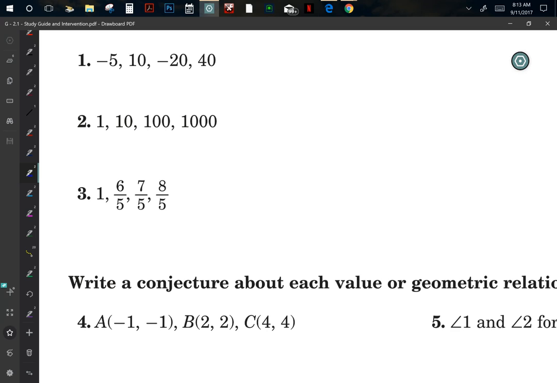Some are going to ask you to write a conjecture. Conjecture is words. Every one of your answers will probably be a little bit different, just about. That doesn't mean they're all wrong. Don't freak out because you're in math class. I'm asking you to describe something. It's no different than an English class when I ask you to read a passage and describe what you read. Same thing here. It's okay to not talk math perfectly mathematically, because guess what? You're 9th, 10th, 11th graders, you're not supposed to be able to do that right now. Just do your best and try.